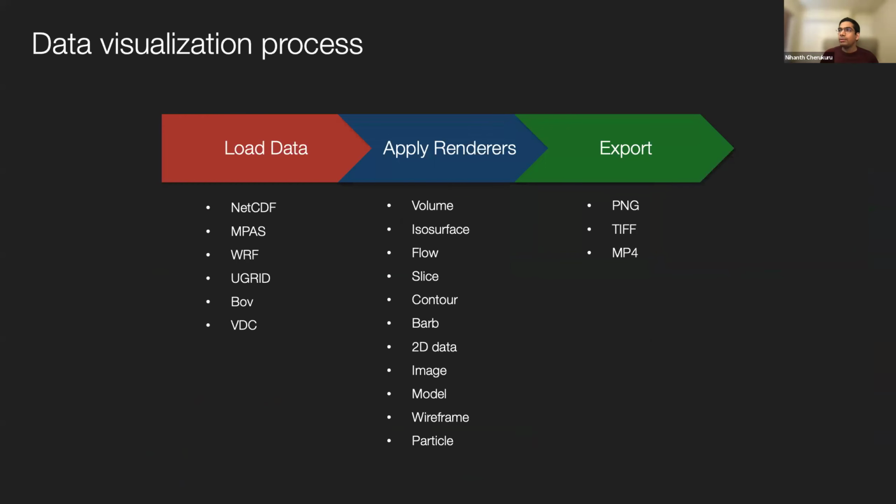So moving to the data visualization process, I've mentioned that the strength of Vapor is its usability. Really, the data visualization process can be split into 3 steps. The first step is loading the data. The second step is applying renderers, and renderers are essentially filters that you apply to the data. And lastly, once you get everything in place, you can then export that to any format that you want to